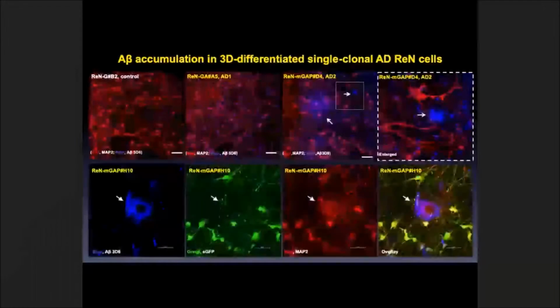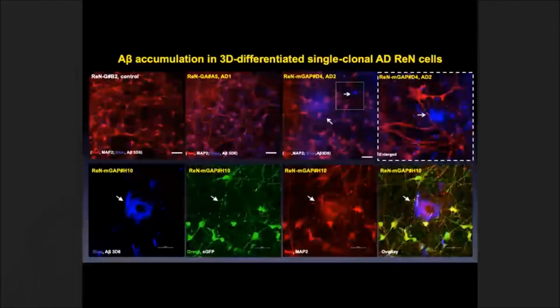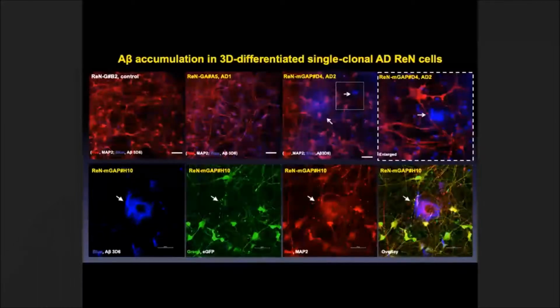Okay, this is one picture from there. You can see the red is neurite, and this is the control cell. This is the mild model, and this is the stronger one. I just want you to focus on the high stage lines, and the green is A-beta